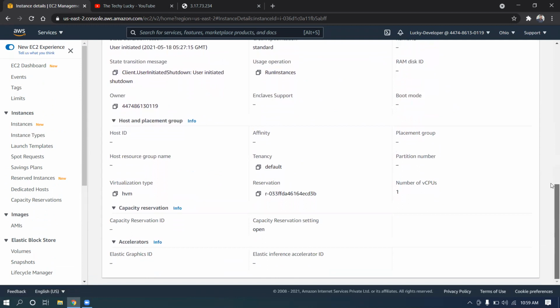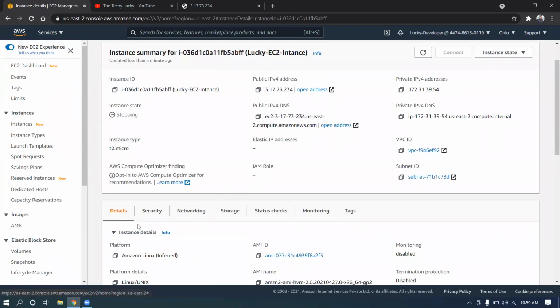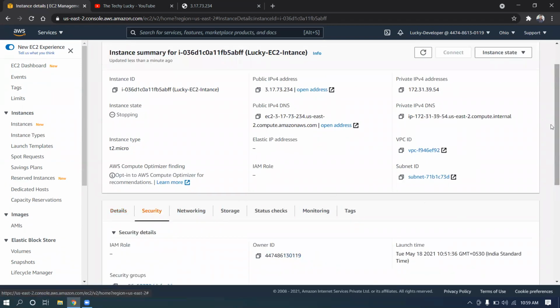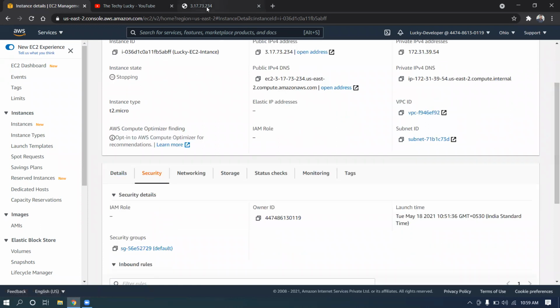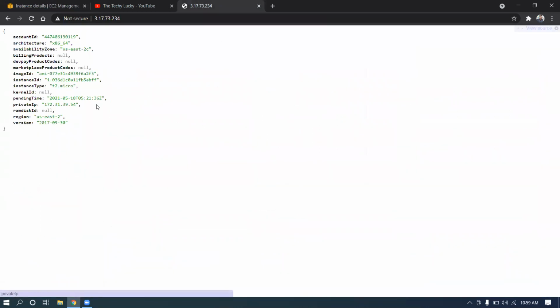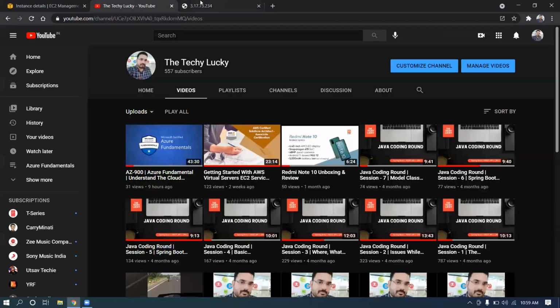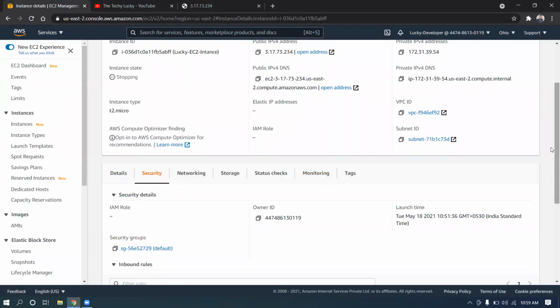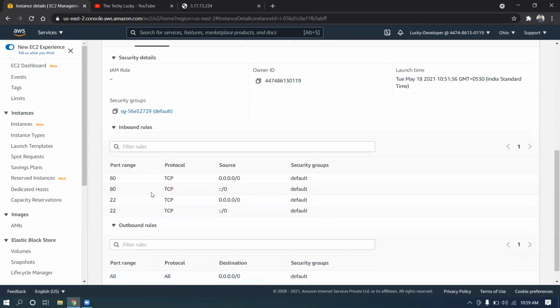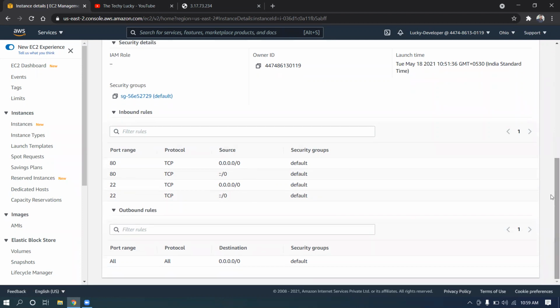Meanwhile, these are all default configurations. I have not made major changes, but how exactly am I able to hit the URL here? You are able to see I was hitting this URL and getting this value. This was possible because I had the inbound rule configured here. If you see, in the inbound rule port number 80 is being allowed. I also told you last time that security groups are stateful. So if traffic is allowed for inbound, it is automatically allowed for outbound.